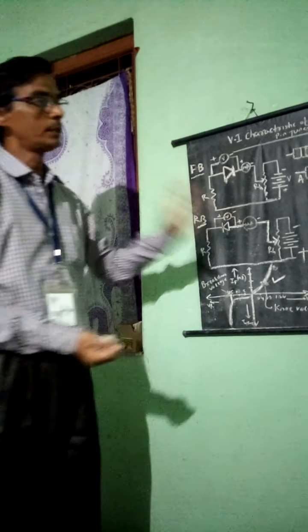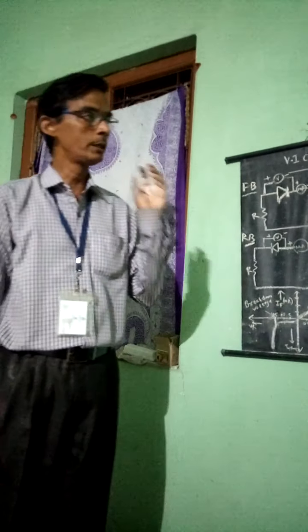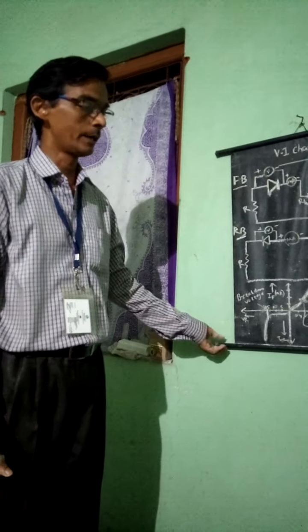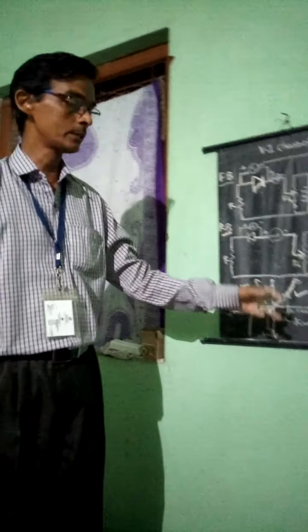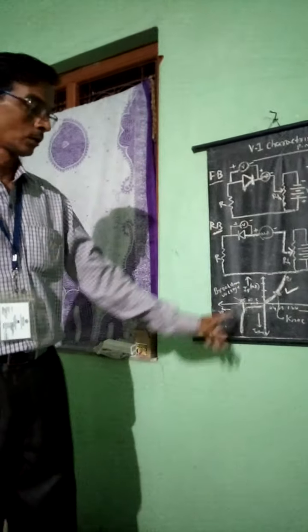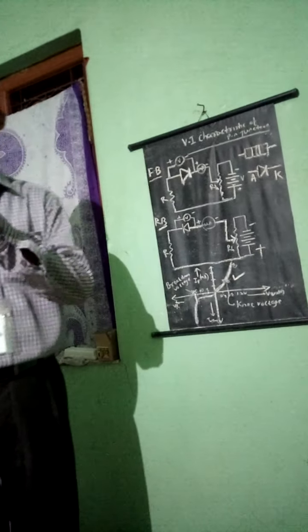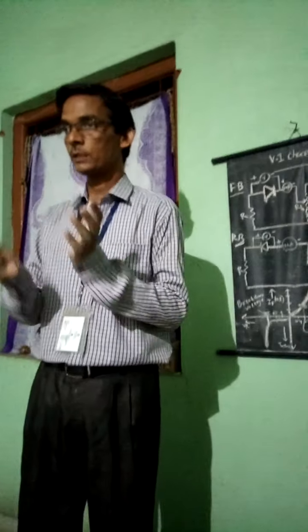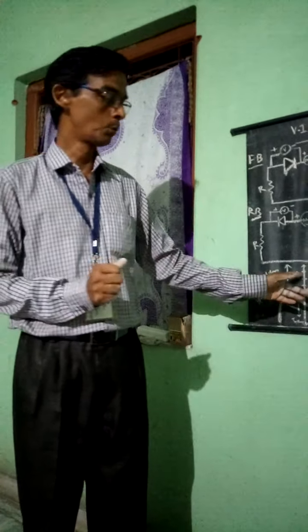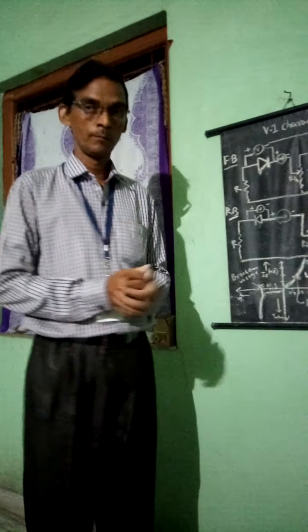Let us see how they will ask you the question: What is the VI characteristic of a PN junction diode? Draw the graph, and represent the knee voltage, the saturation current, and where the breakdown starts. My motto is that you should know how the PN junction is represented in a graph by the voltage and current relationship. That you have to do.